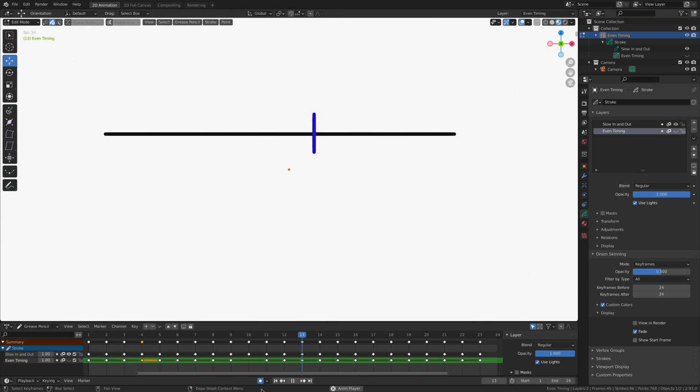Now, if you look at this one, there's a small, subtle little change in the way that this little blue bar is traveling from the left side to the right side. It's slowly beginning its movement. It's moving fast in the middle, and then it's slowly concluding. It's ramping down its speed. It's as if we were at the beginning of the animation, way out over here, slowly starting the engine. The engine gets full speed, and then it slowly ramps down. This feels a little bit more natural.